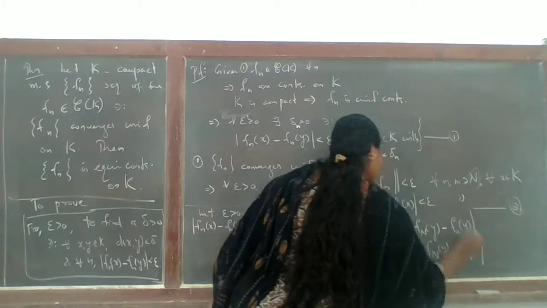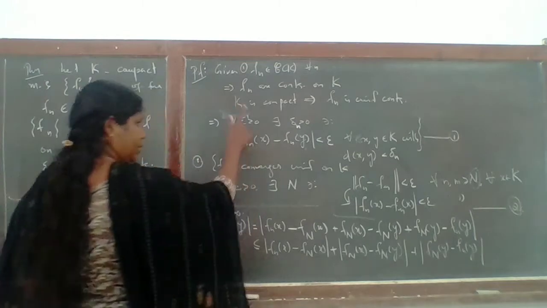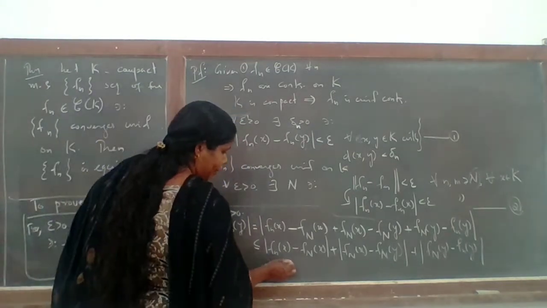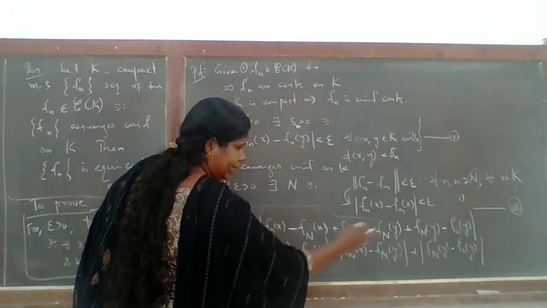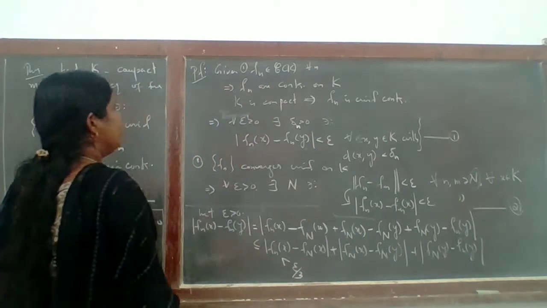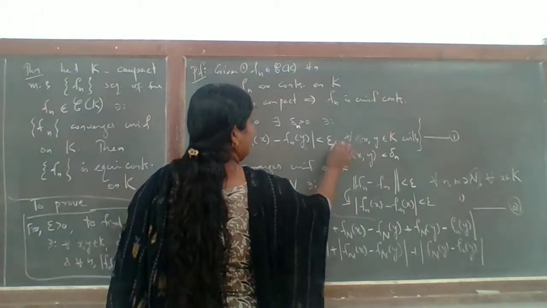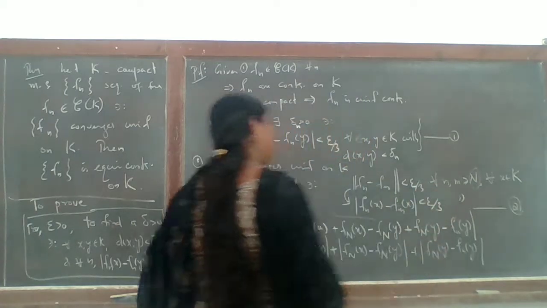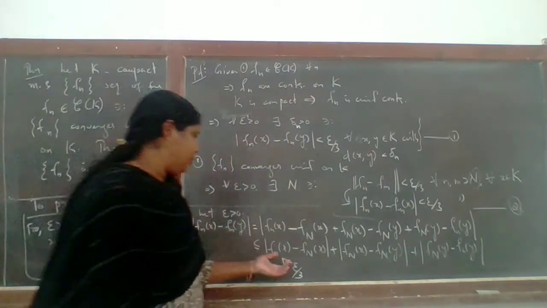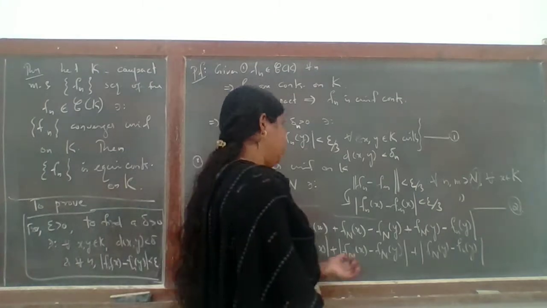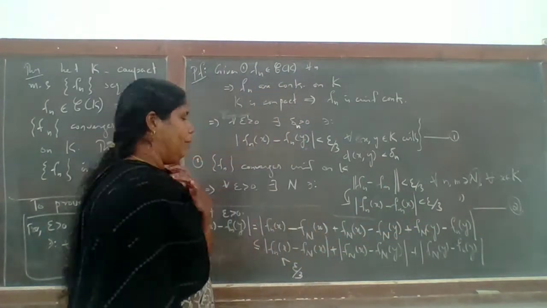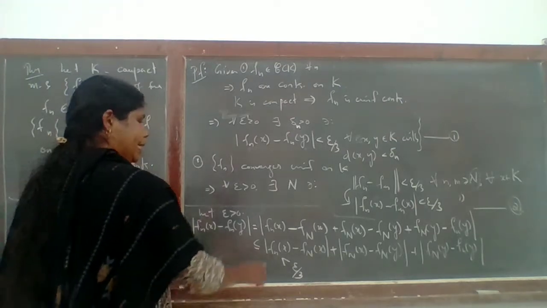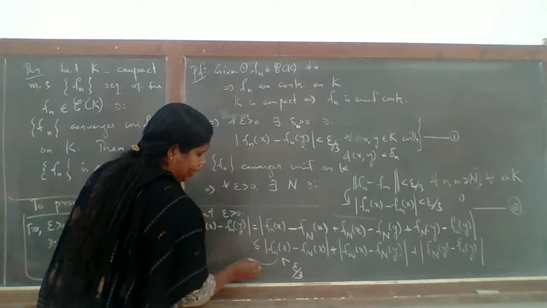Okay, now look at this 1 and 2. You can see that this can be made less than epsilon. As 3 terms are there, we can replace all these epsilons by epsilon by 3. You can put here epsilon by 3. If you continue with epsilon, we will get 3 epsilon. No, immaterial. So if we replace by epsilon by 3, this can be made less than epsilon by 3 provided.